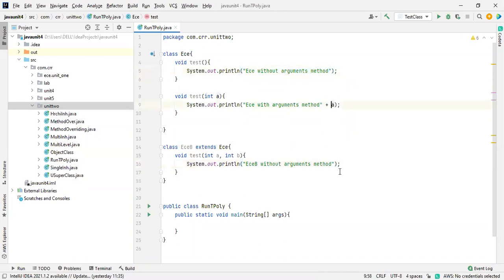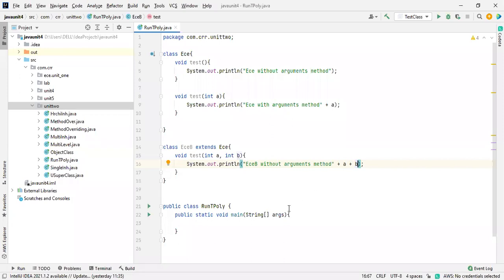I'm going to print this one, the same thing like a plus A and a plus B. Here these two values don't add. If you want to add these two values, you need to mention them inside a parenthesis like this. If I pass 2 and 3 over here, 2 plus 3 is equal to 5 will be printed. If you remove the parenthesis, only 23 will be printed. So these two things don't add. They will be concatenated.